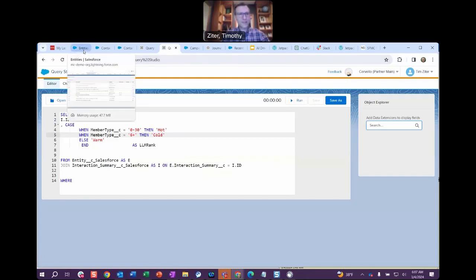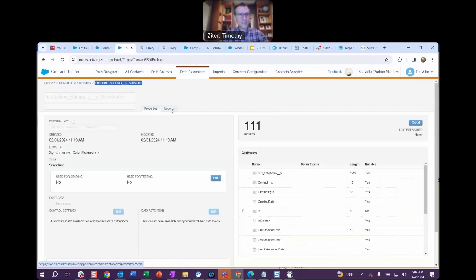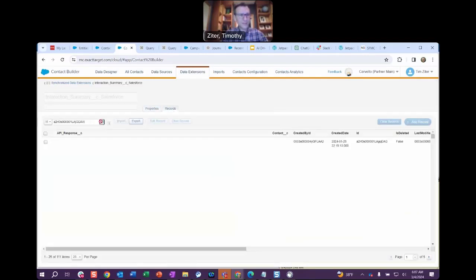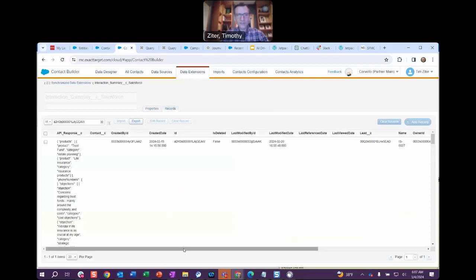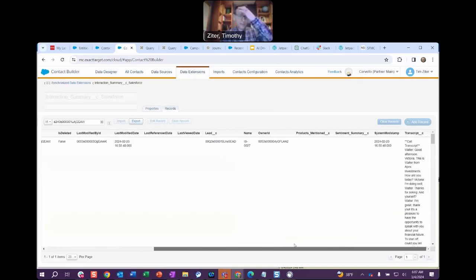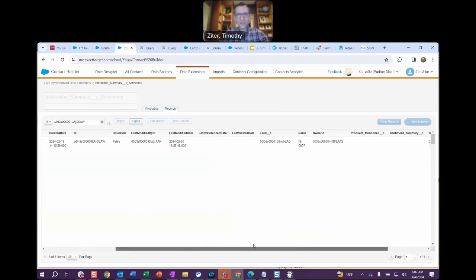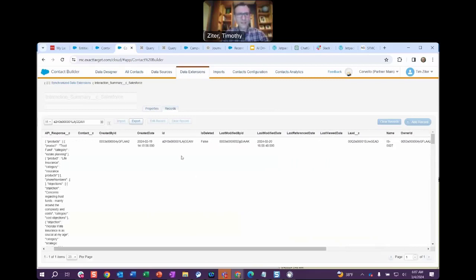Just to give that example, let's copy this interaction summary. Let's go back into this synchronized data extension, go into the records, and paste this in. This should show us all of those fields. And so in this interaction summary, we should be able to see the ID, which should be in each one of those entities. And then to find the individual entity that is associated with